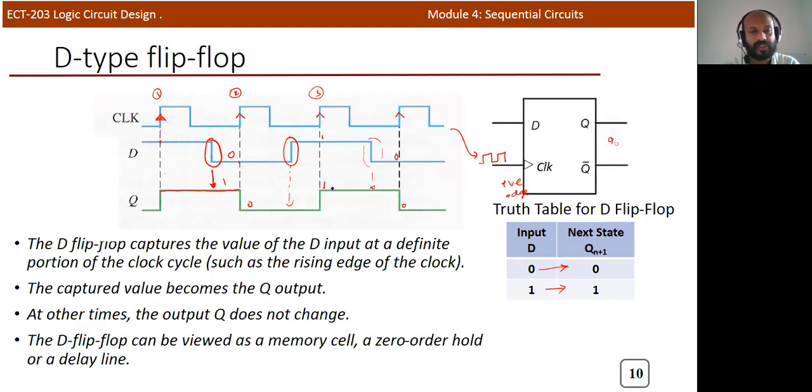Okay, there is no change. And if you are applying, that's why this is known as a memory element. It can store a particular value for a one clock cycle duration in this particular case. Okay, and it will store that particular one. Here you can see that at this particular instant, the input is 0, so it can maintain that 0 for a long duration. Even if the input is changing, it will maintain the previous state. That's why it's known as a memory cell.